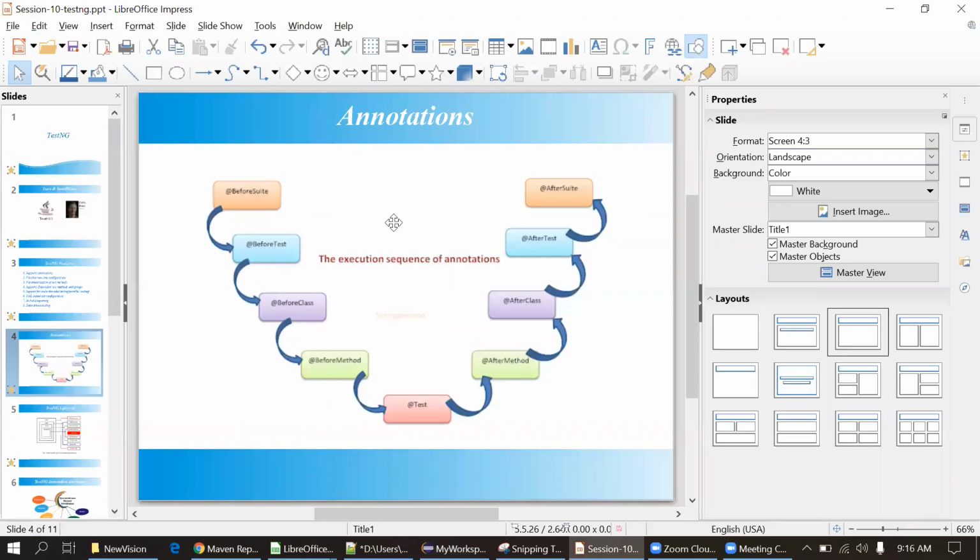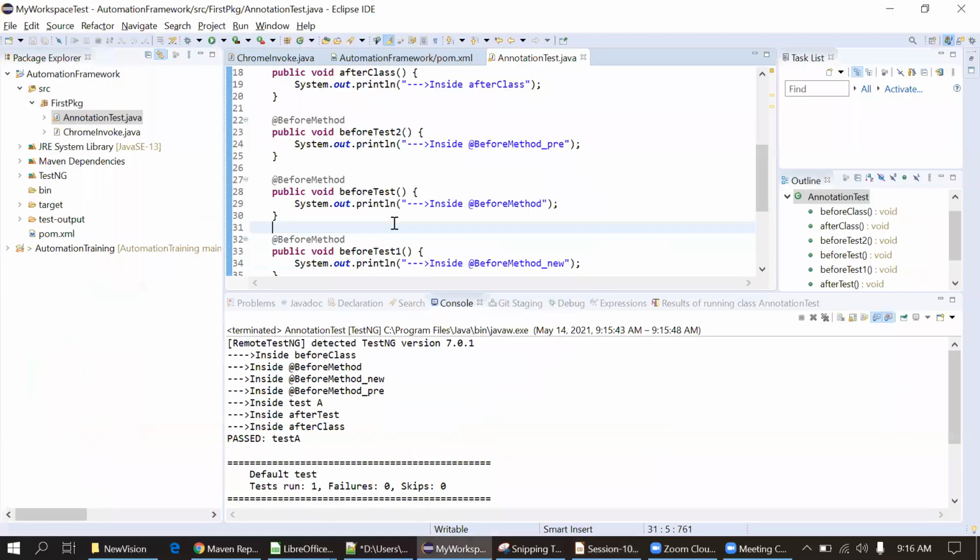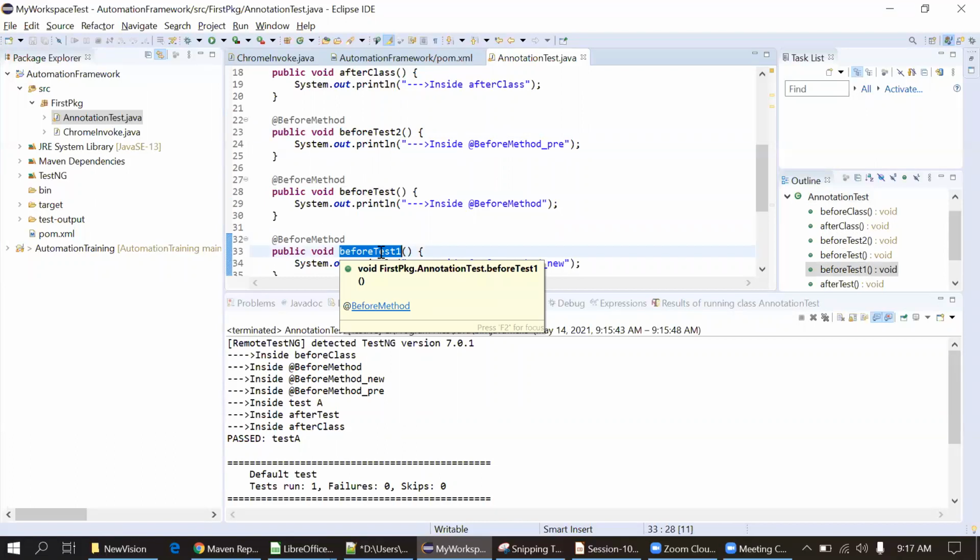Okay. Fine. So one thing here. Tell me. If any annotation is repeated, it will execute alphabetically. Alphabetically means what? Suppose you have used three methods here, this, this, and this. If you use this, it will go alphabetically. If there is no alphabet, it will go in the order it is written.